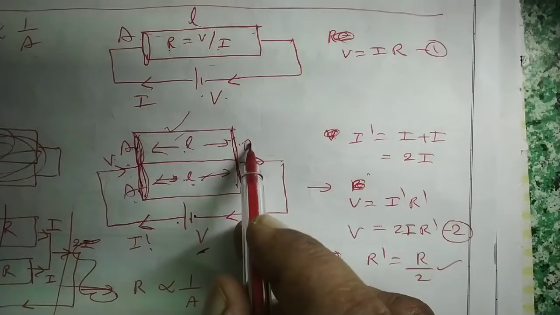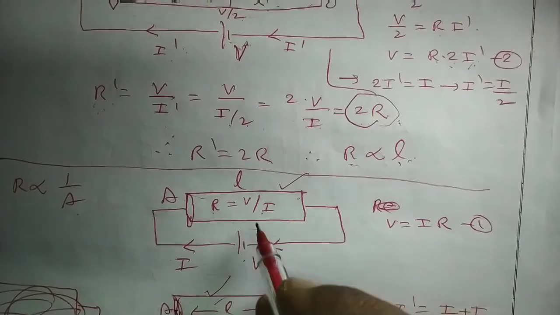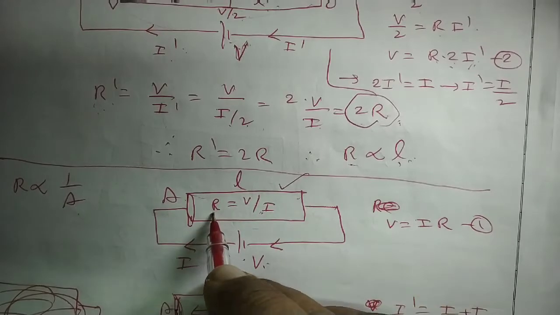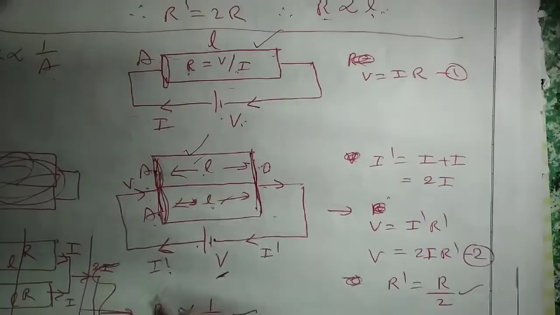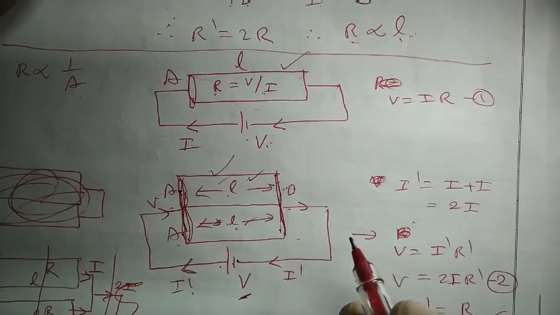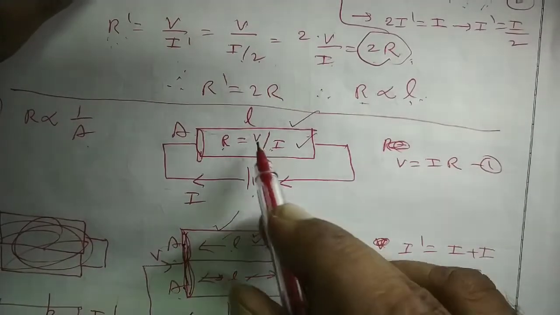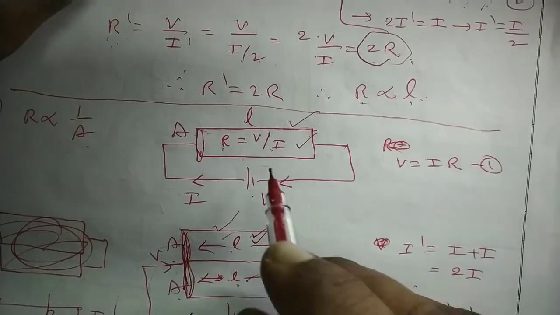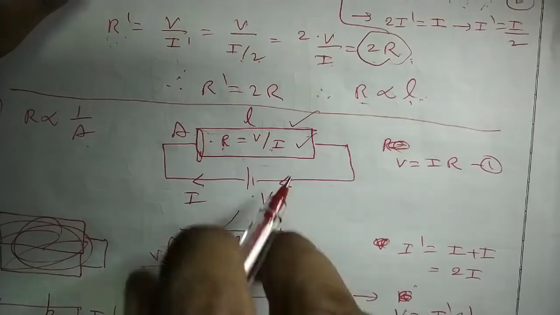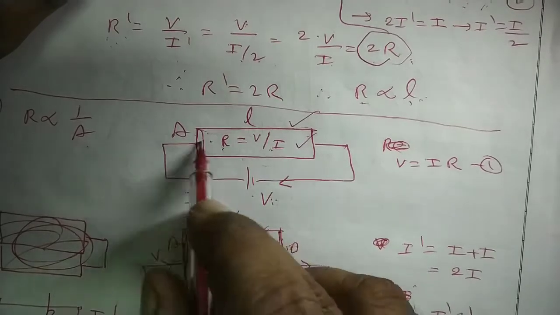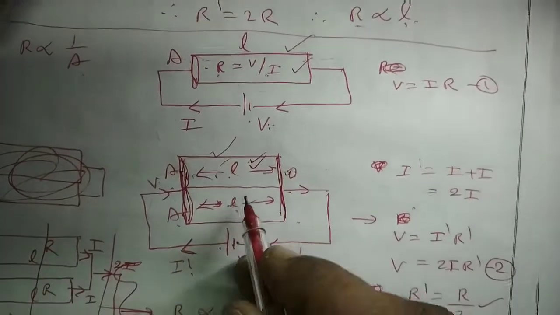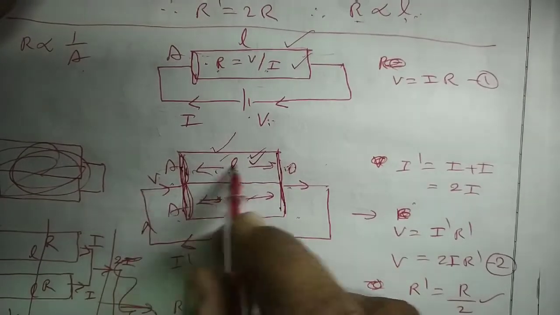So through this, current I should pass, as we already structured. For one piece, if you connect potential difference V, current is I definitely. If resistance is R, then V is equal to IR. So here also, if you check one piece, the current should be I, because both pieces have the same length, same cross-section area, same nature, and potential difference V, since they are connected to the battery. Through this current I is formed, and through this also current I. Both are identical. That means our total current through the wire should be I plus I, 2I.